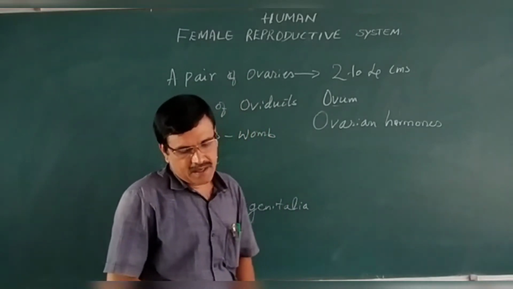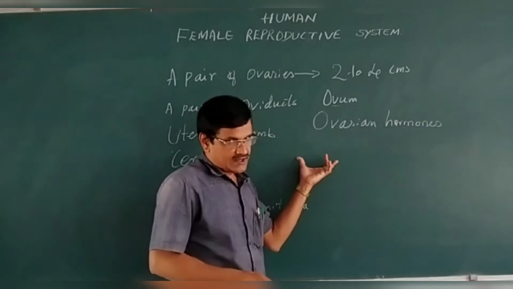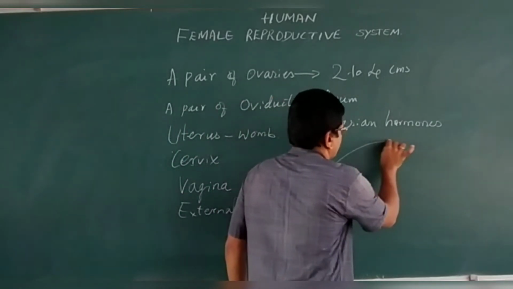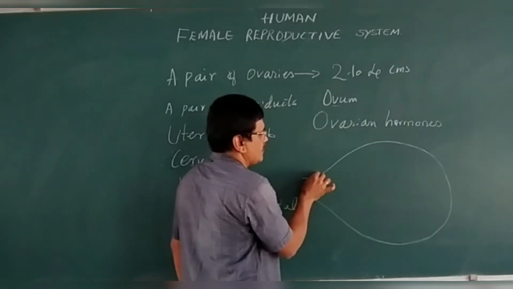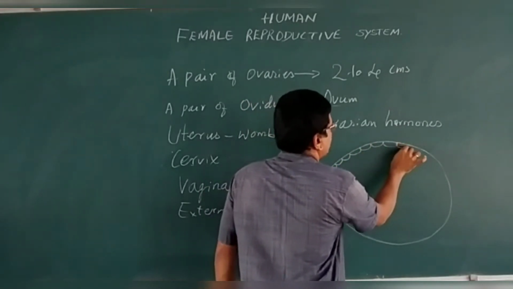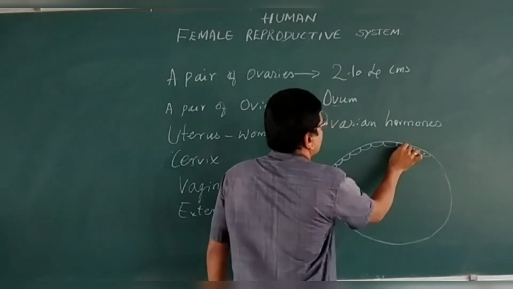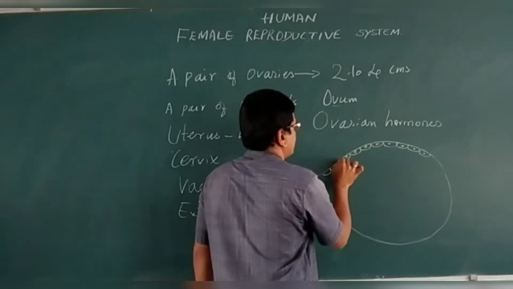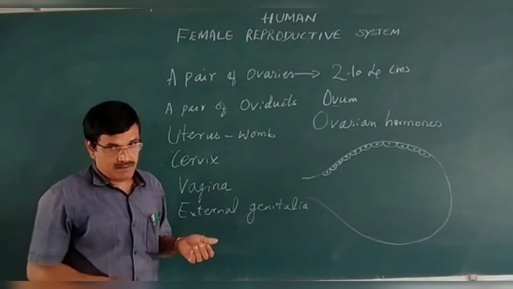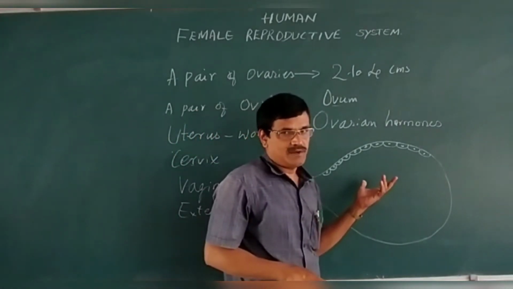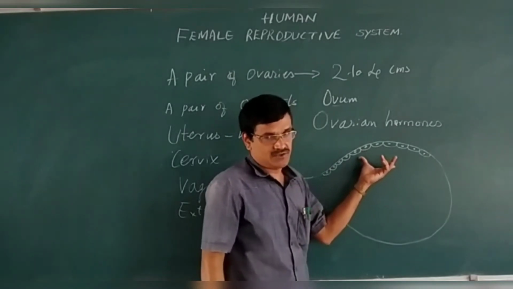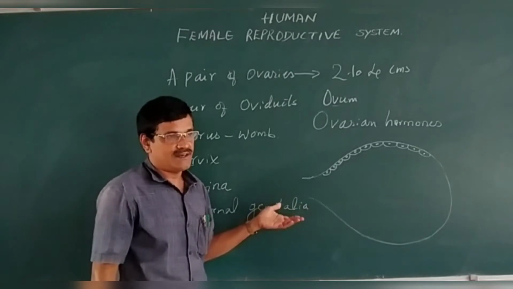Then each ovary is covered by a thin epithelium. Peripherally or externally, the ovary has a thin epithelium layer, and this epithelium is known as germinal epithelium. So this germinal epithelium undergoes mitotic and meiotic division, and it produces the ovarian follicles, and these follicles undergo maturation,